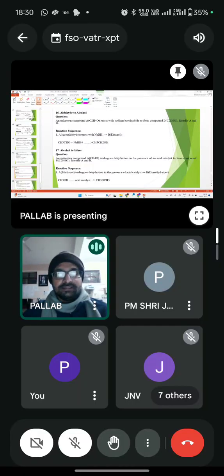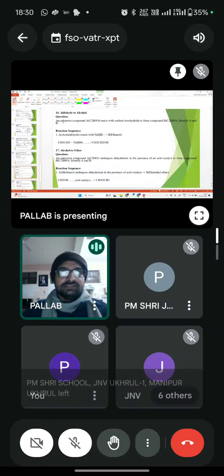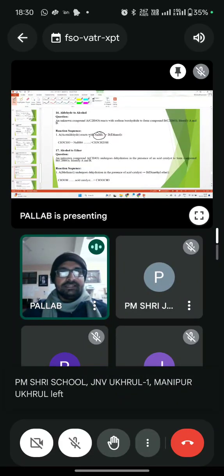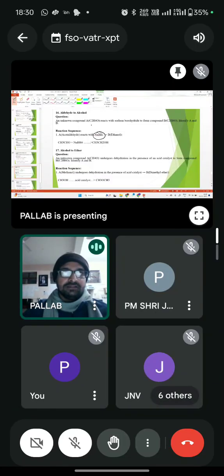An unknown compound A, as the time is almost over, so just complete these slides as quickly as possible. Okay. An unknown compound A reacts with sodium borohydride to form a compound; identify A and B. We all know sodium borohydride is a reducing agent, and this reducing agent reacts with an aldehyde or ketone. Here the formula represents an aldehyde which reacts with sodium borohydride and forms this